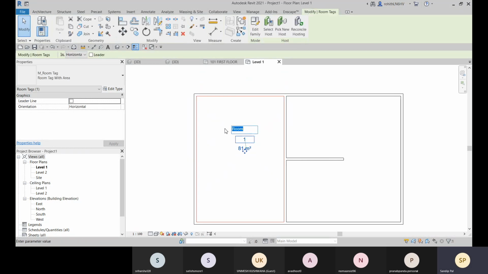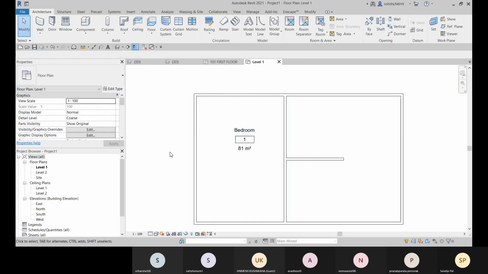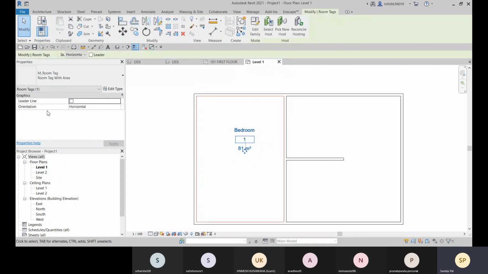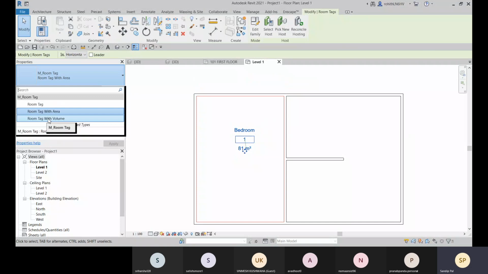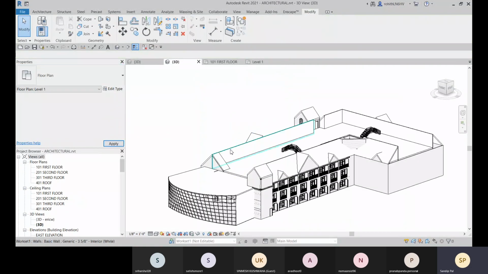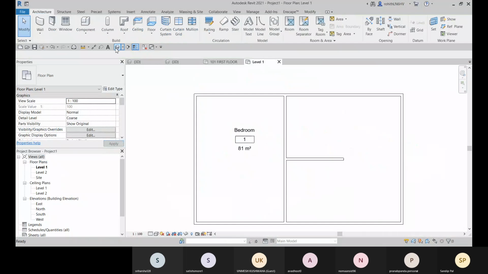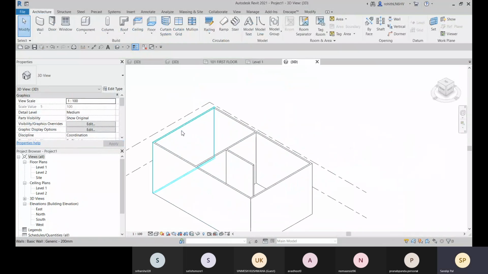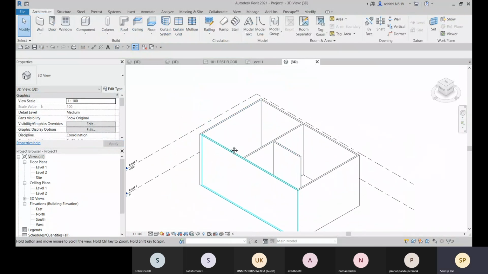And now you can rename it like this. You can select this room and click here, and specify like bedroom. All right, and you can give it a number. Fine. And if you are using the room tag with volume, it will specify the volume as per the height.